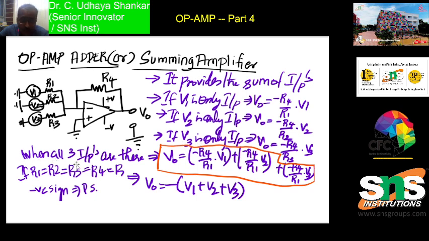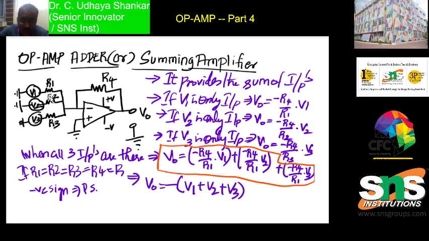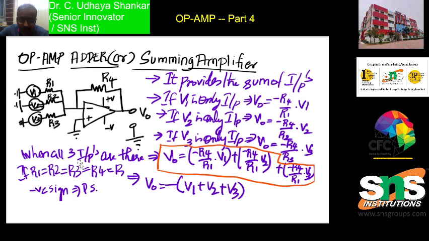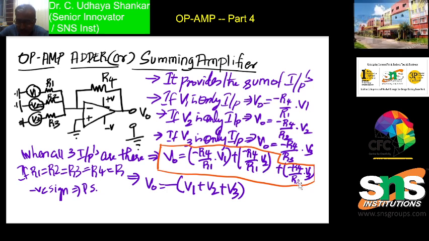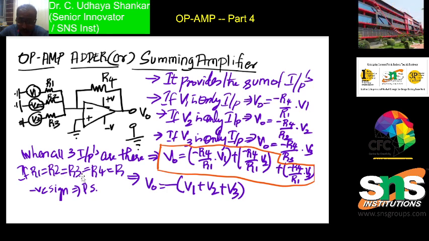Okay. So suppose we consider that R1, R2 and R3 are made equal, and all the inputs are also there. Then you will get the output as V0 equal to the sum, is it right? So minus R4 by R1 into V1, minus R4 by R1 into V2, and minus R4 by R1 into V3. And my question is, suppose R1 equal to R2 equal to R3 equal to R4 equal to R, so if all the